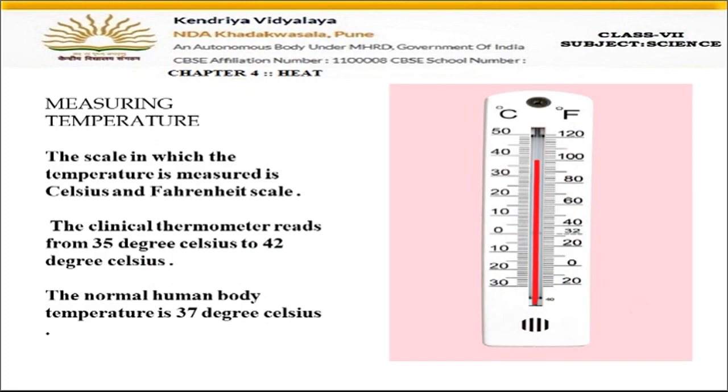Now how to measure the temperature? Whenever we measure something, if we have to measure length or weight, we use some units like 1 kg, 1 liter, meter, centimeters. These are all units. So when we measure the temperature, one scale is used, and the scales are of two types. One is the Celsius scale and the other one is the Fahrenheit scale. You can see here, degree C means degree Celsius, and F is showing the Fahrenheit scale.